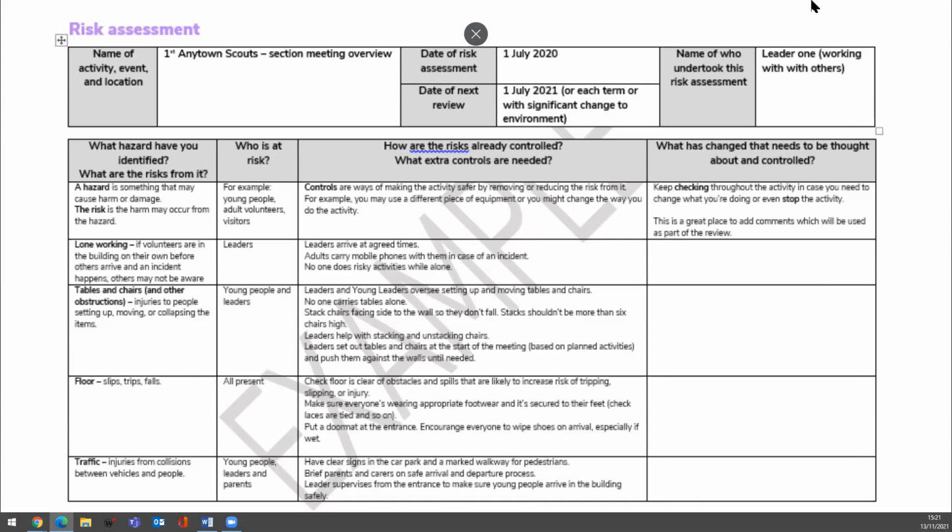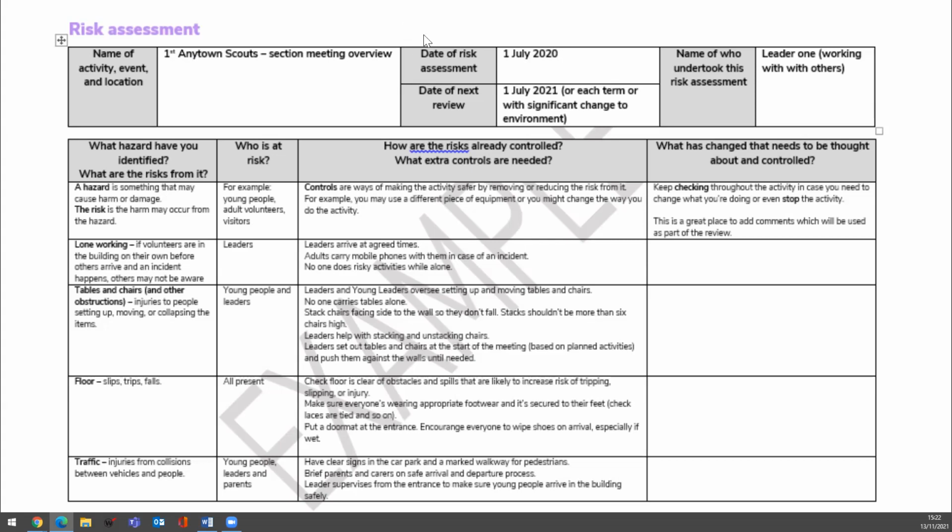A few things to point out about this risk assessment is that at the top you can see the date of the assessment and the date of the review are on there, and also the name of the leader that undertook the risk assessment. These are all really important things to fill in, because if anybody looking at it has any questions or needs clarification about something, they know exactly who is the best person to get in touch with. And it means they also know when the assessment was done, when it was reviewed, and when it should be coming up for review as well. It's all important information to make sure you and your team have on there when you're filling out your risk assessments.